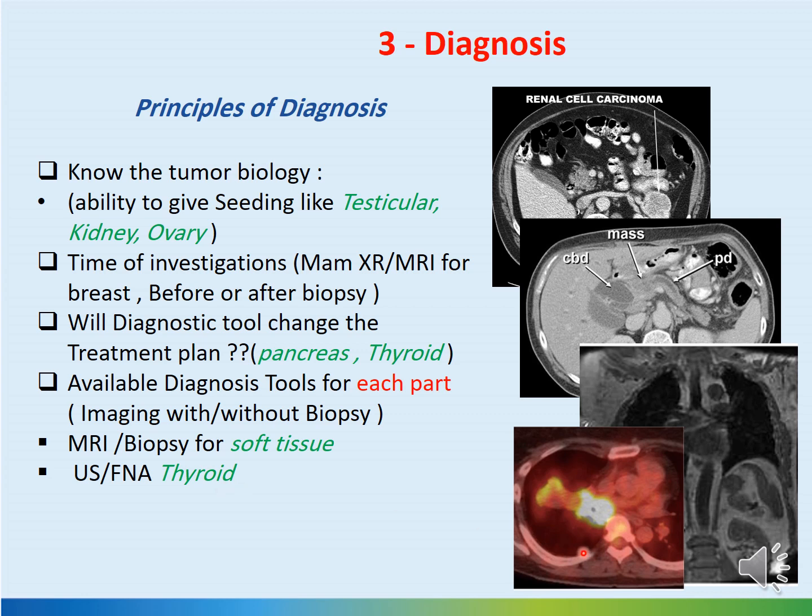Another example here is the PET scan. PET scan is a type of scan used to stage the cancer and to make the diagnosis, which gives a picture like a hyperactive or shining area in the scan. But similar to other types of investigation, the PET scan is not sensitive for all types of cancer, and sometimes it has low sensitivity.